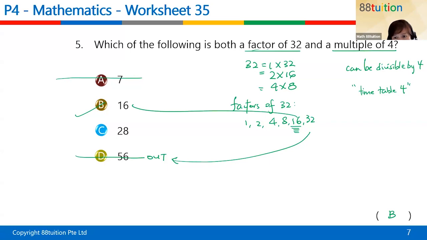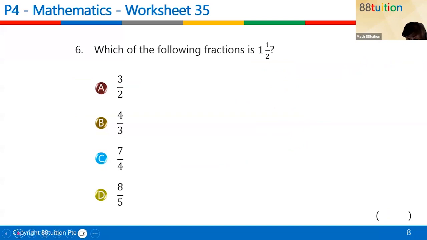Okay. Let me put this question, Q6. Okay. Let's take a look at question 7. Which of the following fractions is